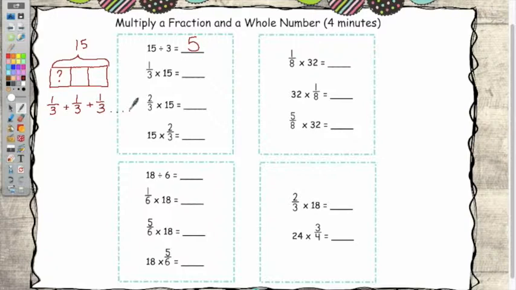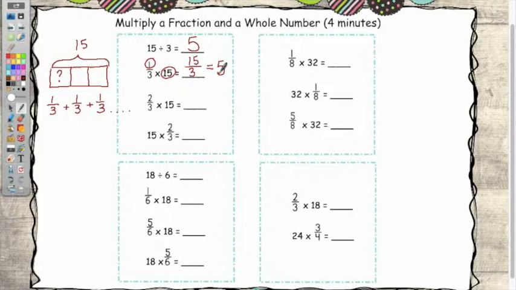Keep it going, okay? What's my denominator going to be? 3. And what's 1 plus 1 plus 1 plus 1, 15 times? 15. So for this, it's easier for me to take my numerator, look at the board, times the whole number, and then divide it by the denominator. So what's 15 divided by 3? 5. 5, we just did it. Okay? Now,